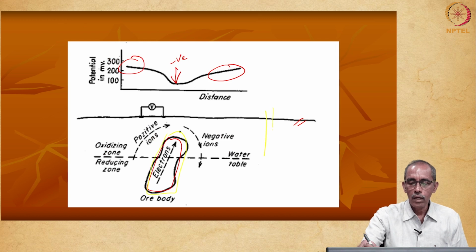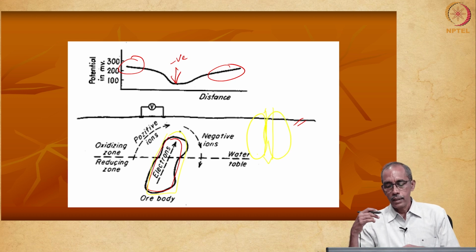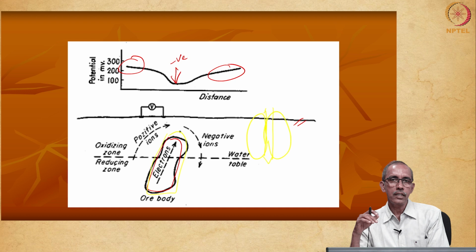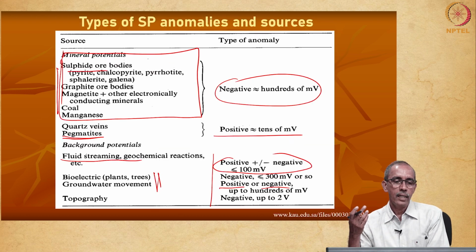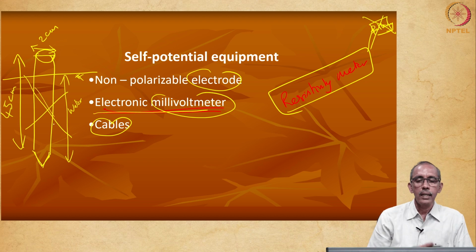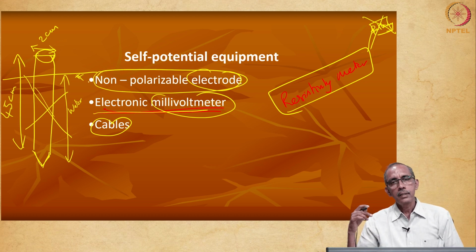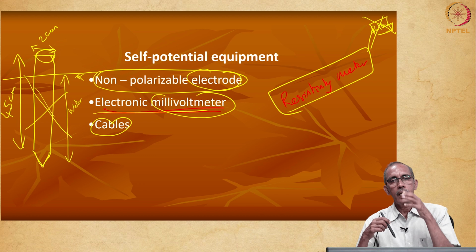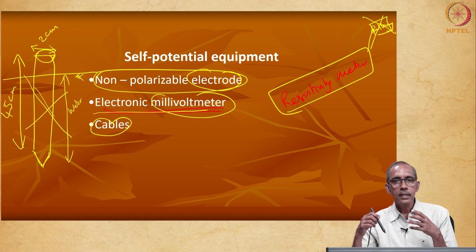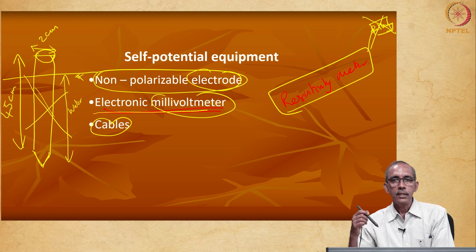Since you have put a metal rod here, this metal rod itself will function like this. The current may be flowing this way around the metal rod. This in turn will generate some cell potential due to our intervention. So, we need to get rid of this. Hence, we do not use a conductive rod, but we use what is known as non-polarizable electrode. That means, around the electrode there will not be any polarization or cell potential generated. So, that is the only change from that of the resistivity method.